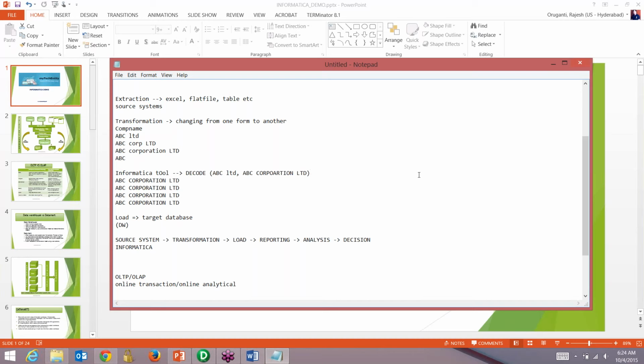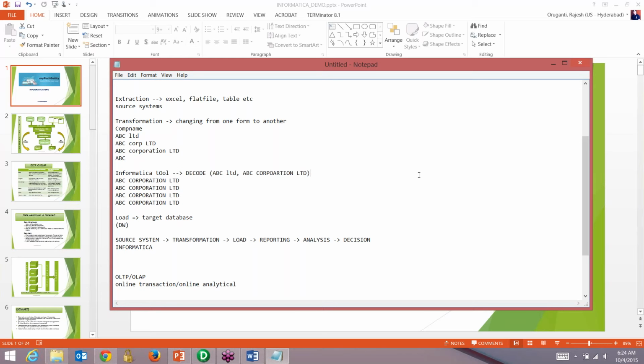So it's like a plug-and-play model. We don't need to build any kind of software again. It's like a tool ready with all the compatibility products in between. So if you want to connect to any database, you can connect through Informatica itself and load the data. It's just an interface between your source and target, but it will not actually store any data. But